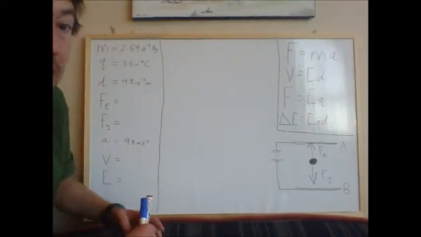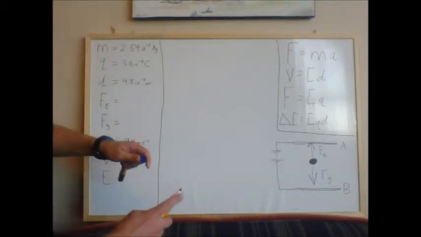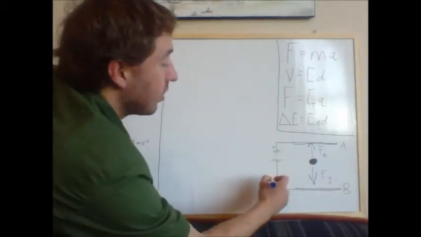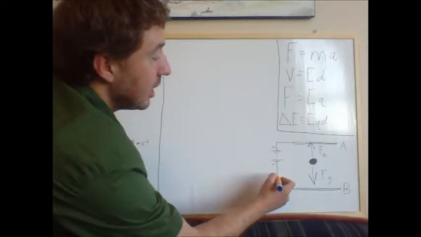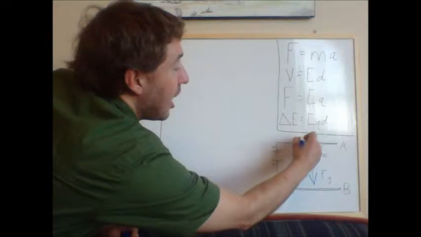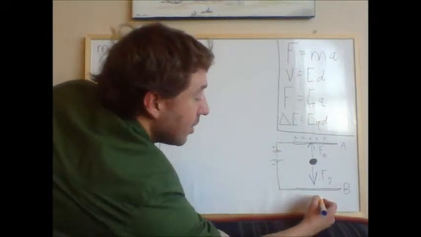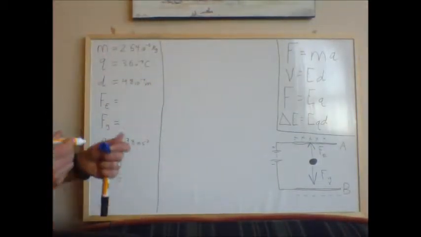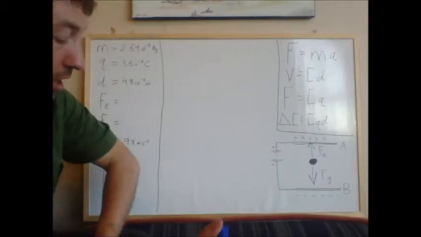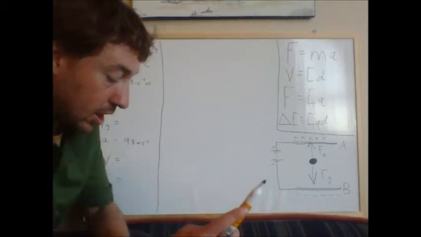Knowing that, we can go back to part A. It's asking why the battery is connected as shown. So we've got the positive end here and the negative side here, which means our plate A is going to have positive charges on it, and plate B is going to have negative charges on it. Since we were told in part C that the charge is negative,